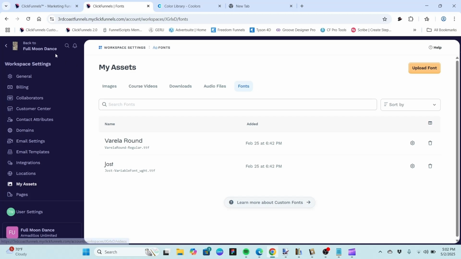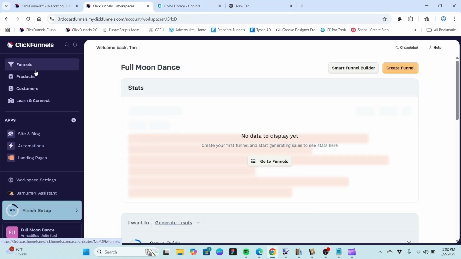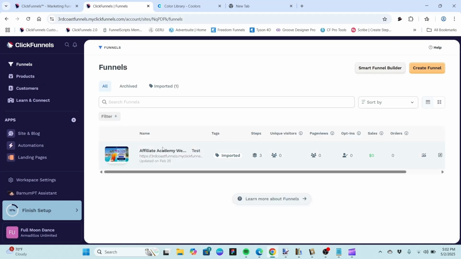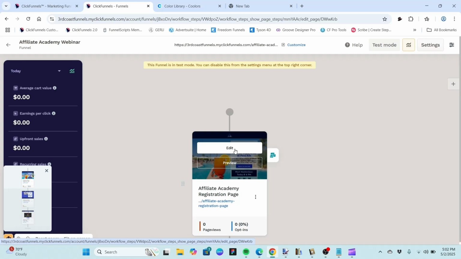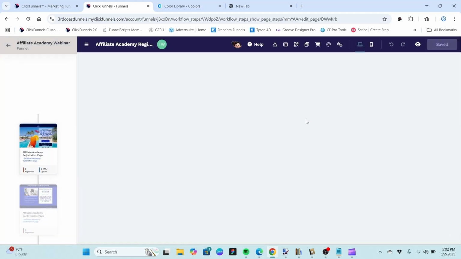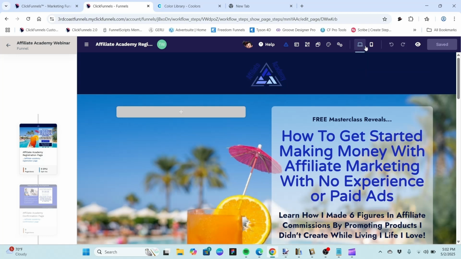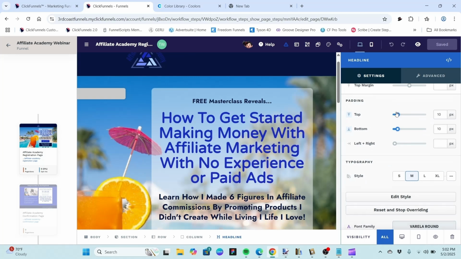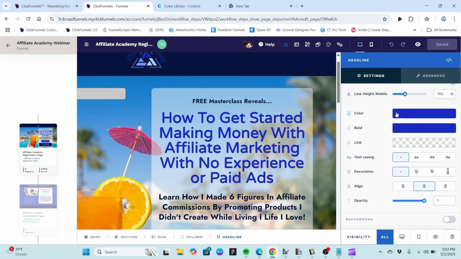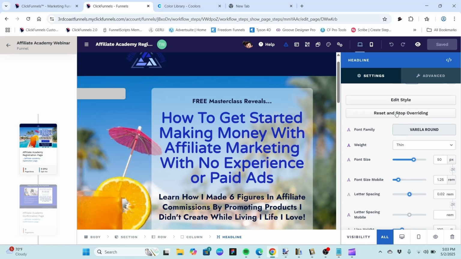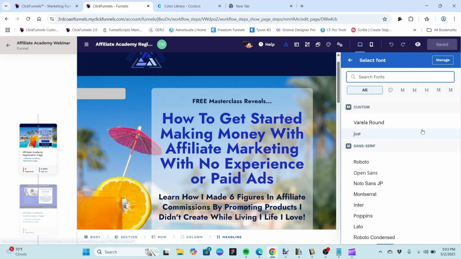So let's go ahead and go back to the one funnel I have in here, which I put in this workspace by accident, but it's okay. It gives us a funnel to look at. Let's go to edit, and then let's go to our headline here. We can go down to our typography section. You see I have one of the external fonts that I downloaded here. So if we click on that,